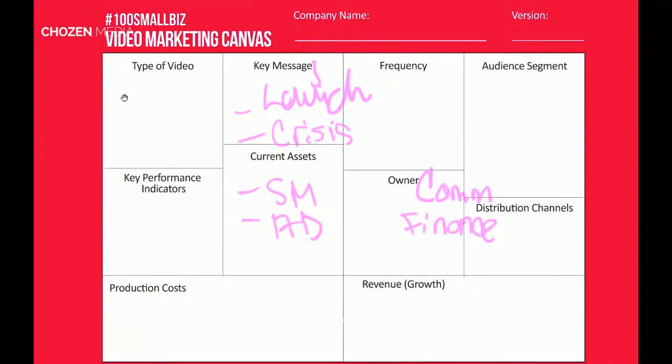Going back to that for a second. So this would help you with thinking through your production costs. We might not know the exact cost, but we know that we need to keep this under $10,000, or we might need to keep it under $5,000, whatever that is. You know that you have those elements in play.